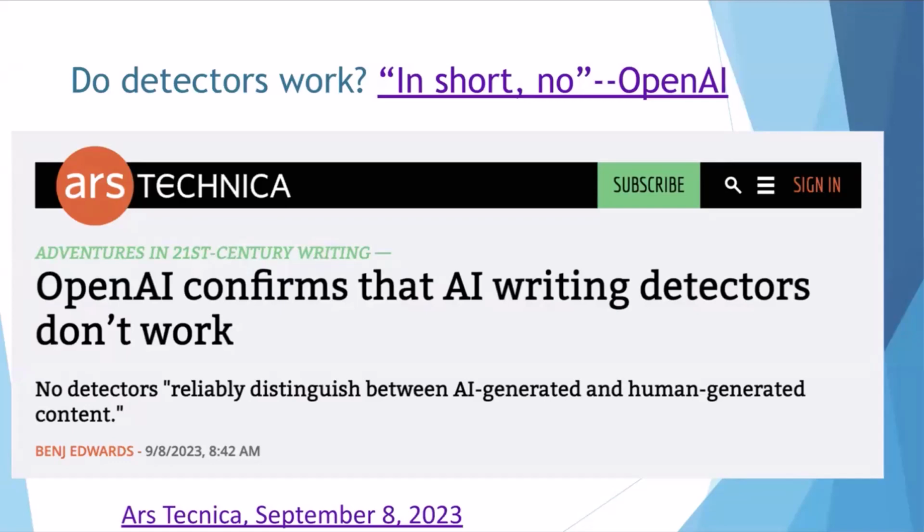I know my college has Turnitin, however, even Turnitin acknowledges that its detectors are not fully reliable and shouldn't be used to punish students. And OpenAI as a company actually got rid of its own detection system and basically announced that detectors do not work reliably. And so that was back in September.